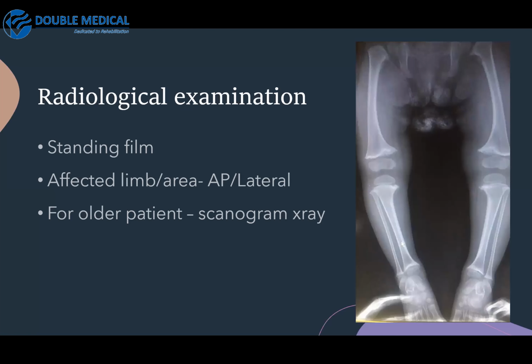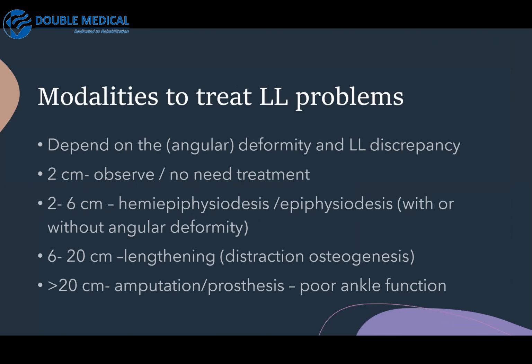And to treat lower limb problems, actually we have lots of modalities. For example, we can do hemiepiphysiodesis, or we can do lengthening, for example, distraction osteogenesis using Ilizarov. For tonight, we are going to discuss specifically regarding the 8 plate. But before that, previously, to use what they call